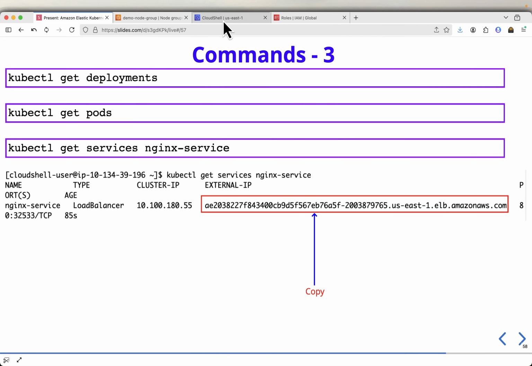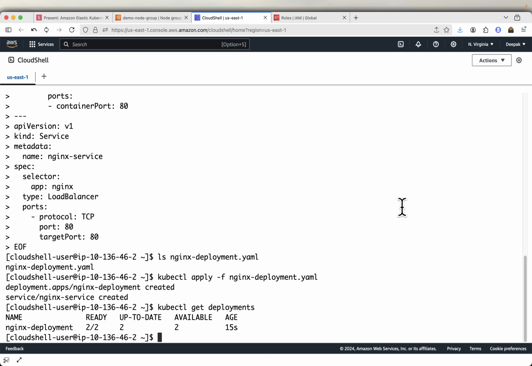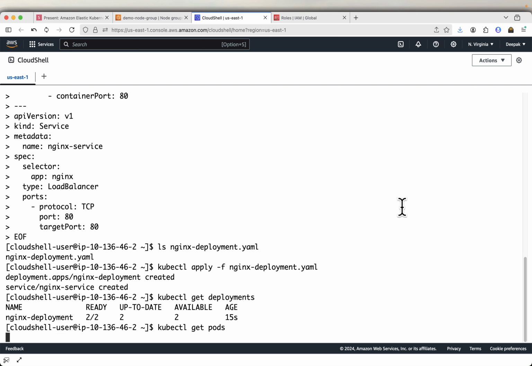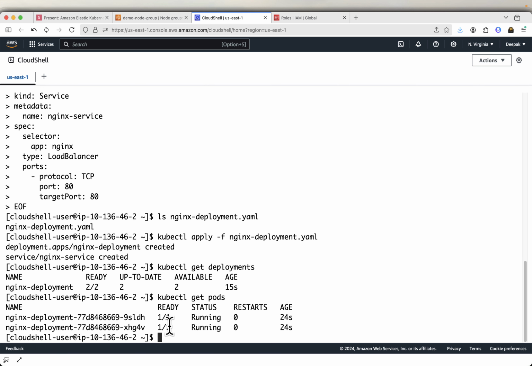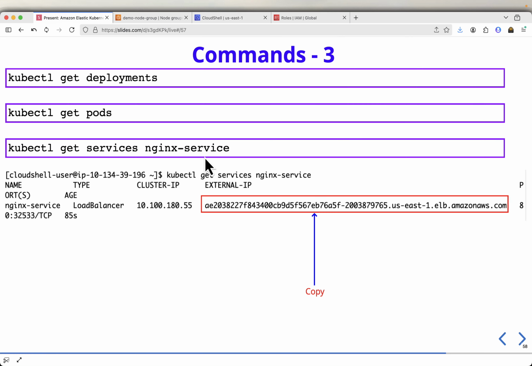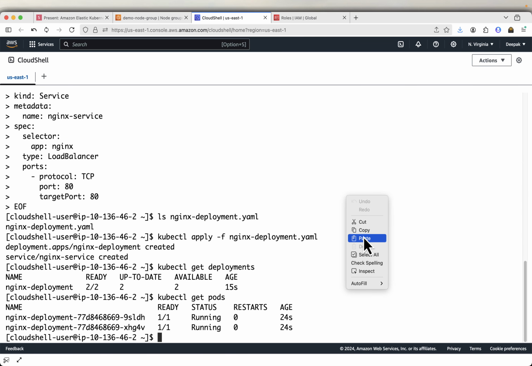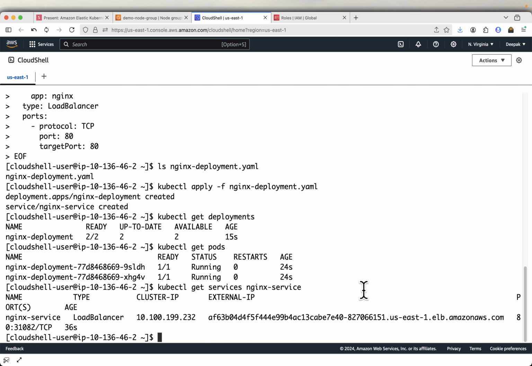Then get pods, so my pods are also running, and I will get the service. This is the external IP where it is exposed, and this is the cluster IP, which is internal. You just copy the whole external IP